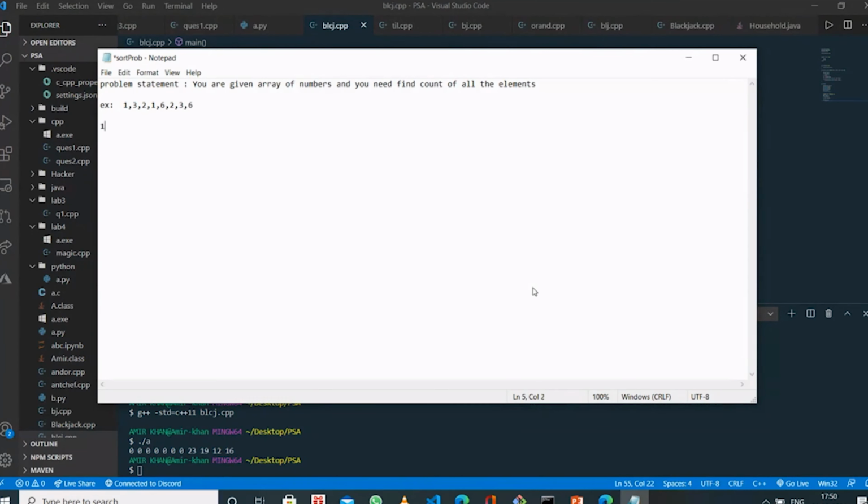The count of 1 will be 2, the count of 3 will be 2, the count of 2 will be 2, and the count of 6 will also be 2. So we will implement it.